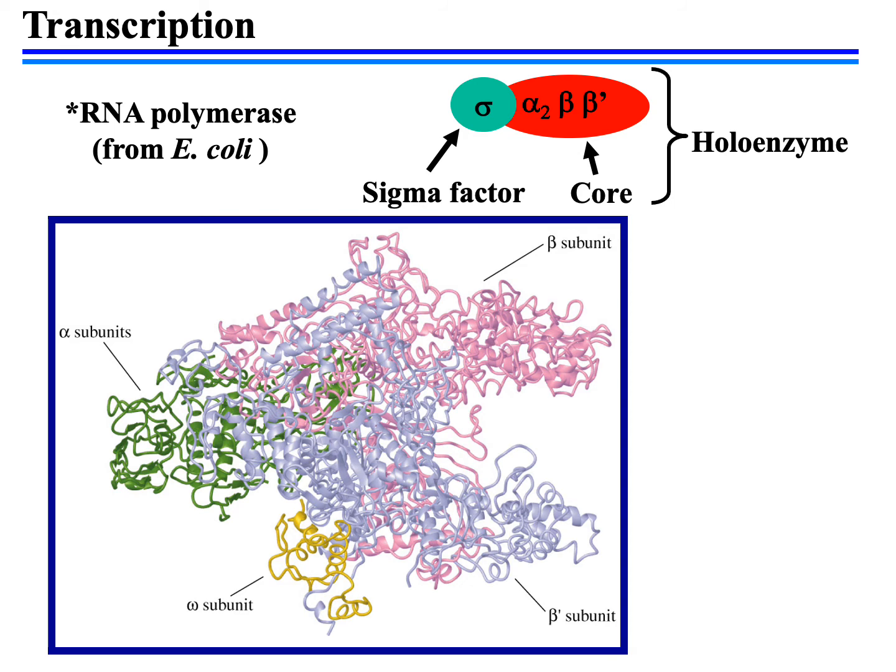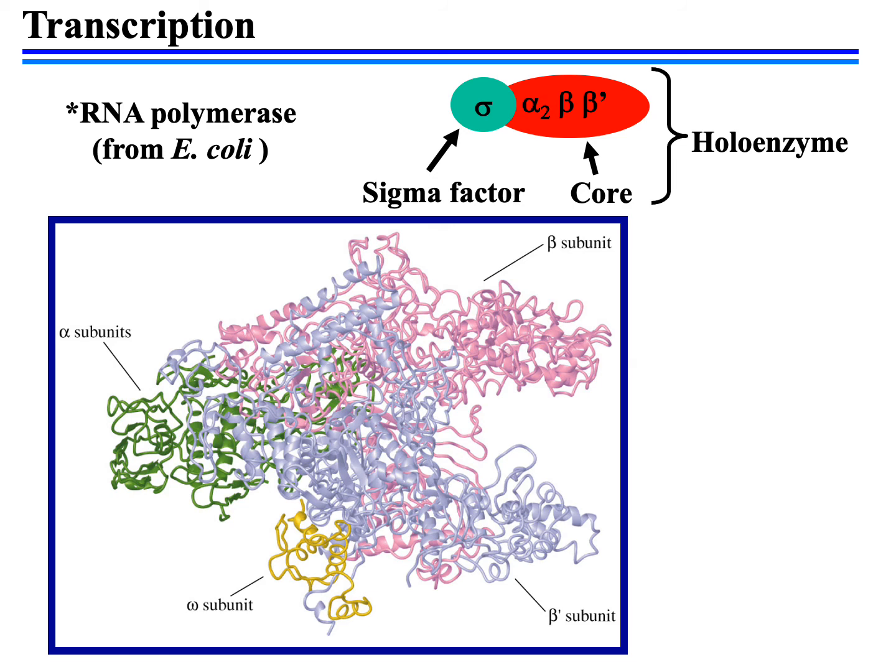In the core, there are multiple subunits, which we'll talk about in just a minute. With what you see on this diagram, the sigma factor and the core together is referred to as the holoenzyme or the complete enzyme. The sigma factor can dissociate from the core,